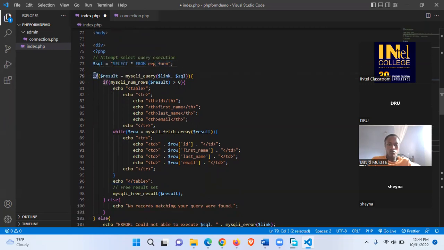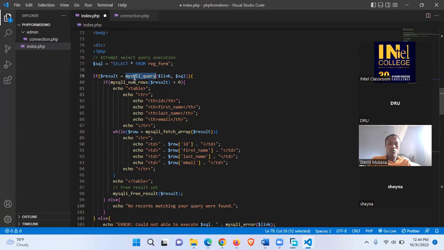Here we are creating an if statement. We learned about if statements. These are variable names, and the name here can be anything. The creator of this code decided to call it result because surely it is a result. So we are simply saying if there are some results from, now this is a PHP function. It's a standard one, so you just need to remember it the way it is. It is supposed to run an SQL query